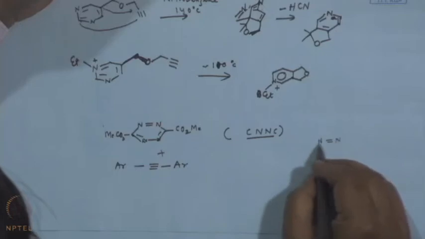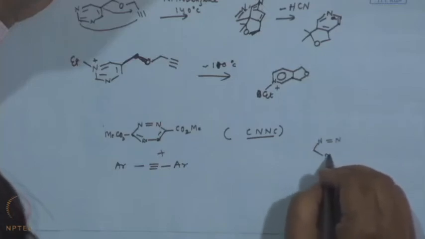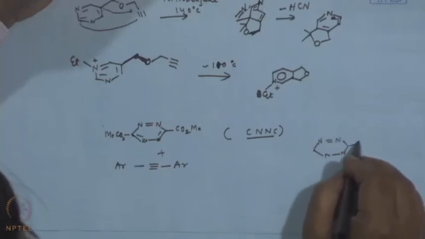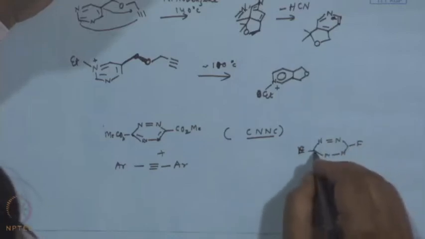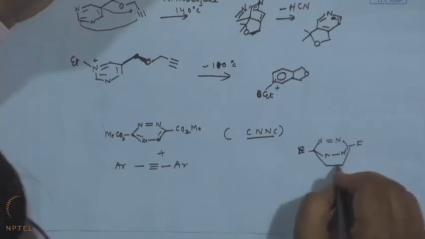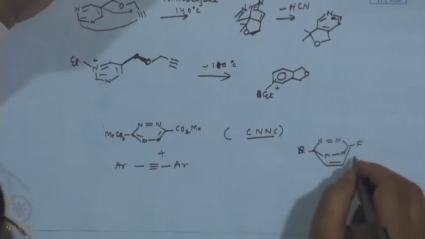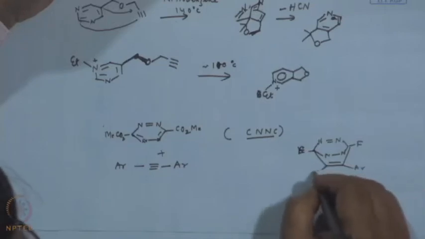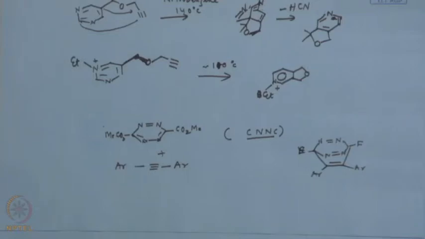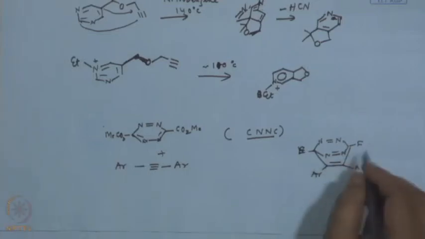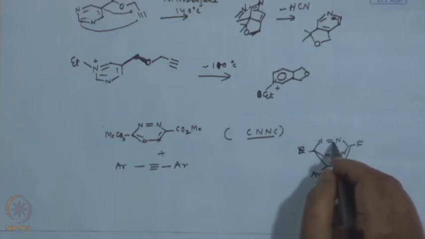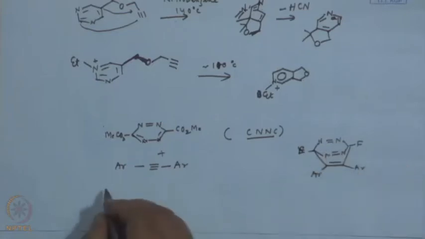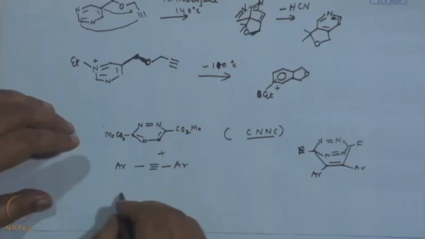So, this portion remains as it is, and nitrogen, and this is E, and then the part of the triple bond, this is Ar and the Ar, and then this. Now, in this case, as you can see, the retro-Diels-Alder can take place either at this nitrogen pair or this nitrogen pair, it does not matter because both are equivalent. So, eventually what you will get,